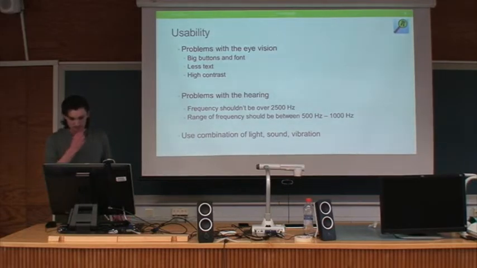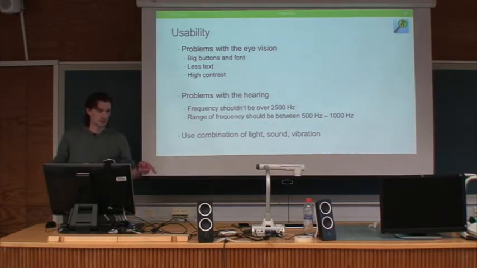For the usability, we need big logos for all the people who use it. So that's just logical things: big logos, buttons, big fonts, so they can read it easily. Not much text, not too confusing, and very high contrast. In the app there's of course the feature to switch on the negative colors, so it will be easier to use for colorblind people. We haven't implemented that, but that's one future setting.